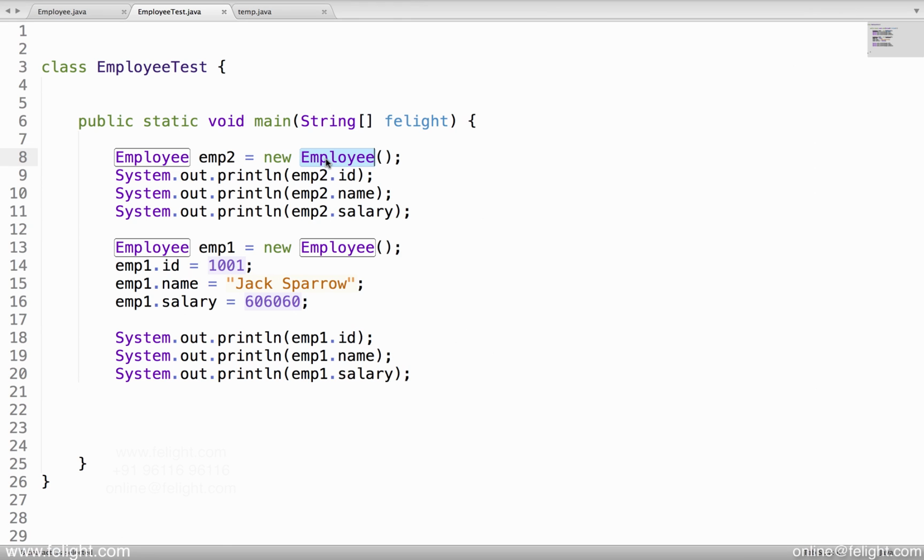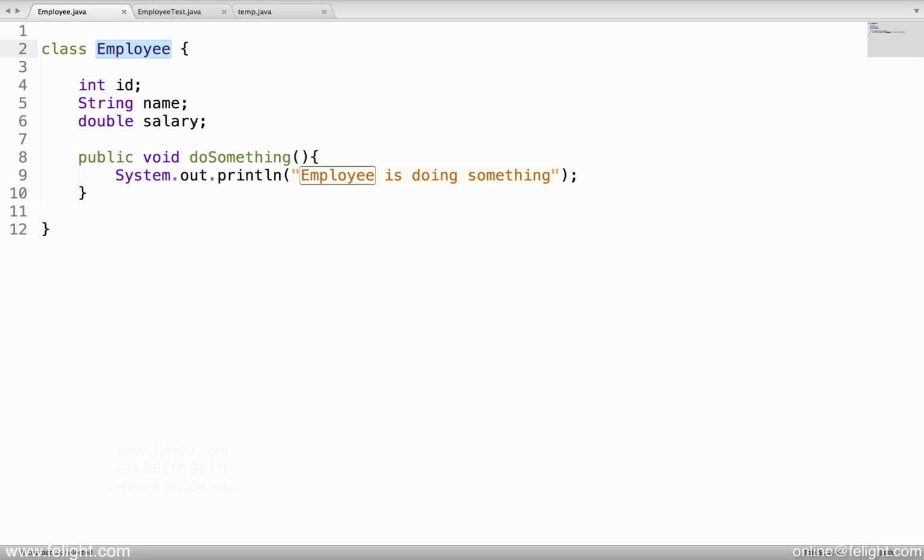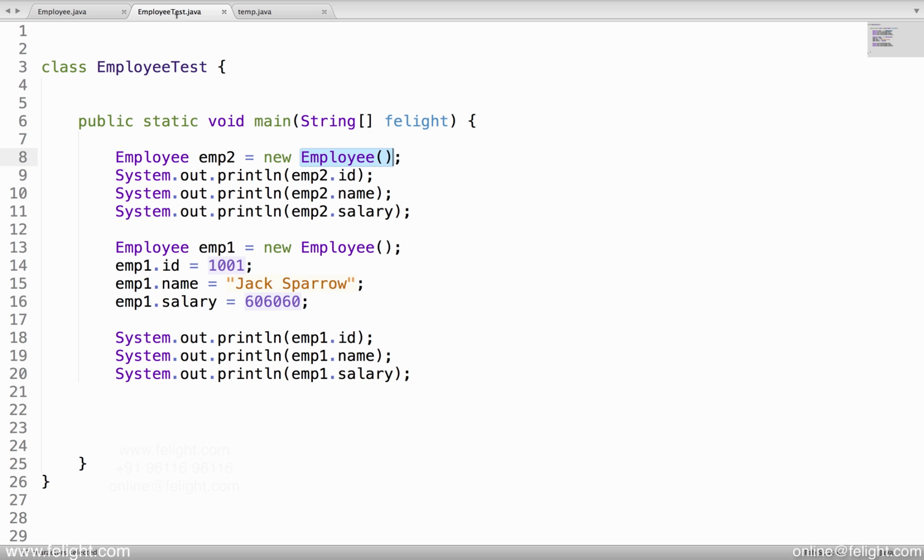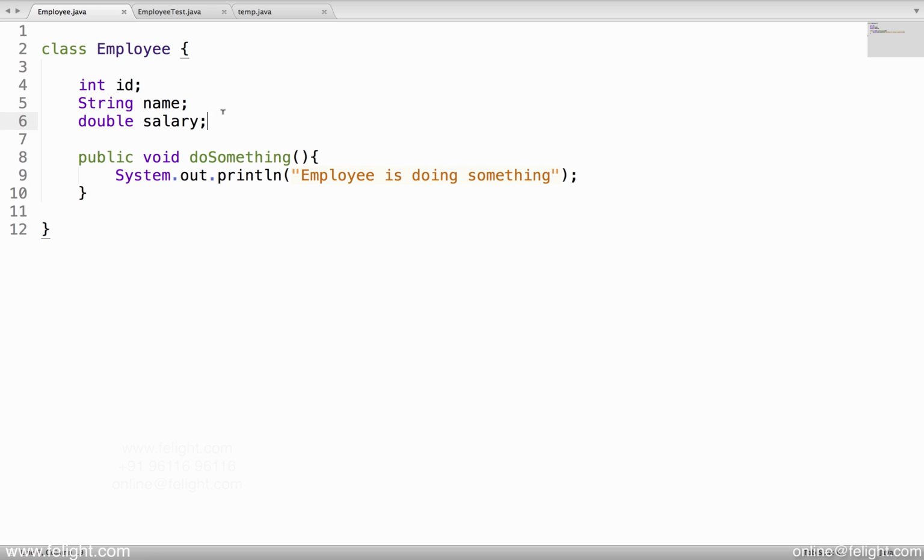So why is it happening like that, and what is this? There is no method as such called Employee here, just like there was no method as such called Car earlier. The reason is that this is basically called a constructor. An implicit constructor is called. What is the role of the implicit constructor? Its role is to initialize the data members with default values, which is 0 for numeric types, false for